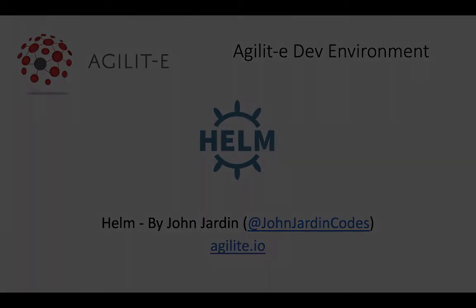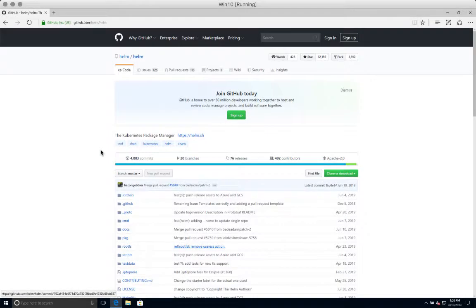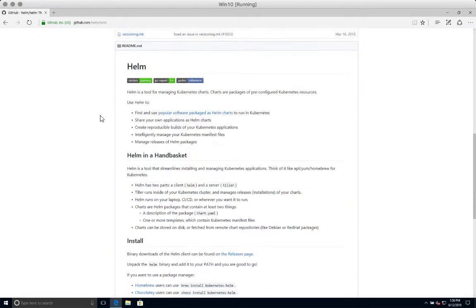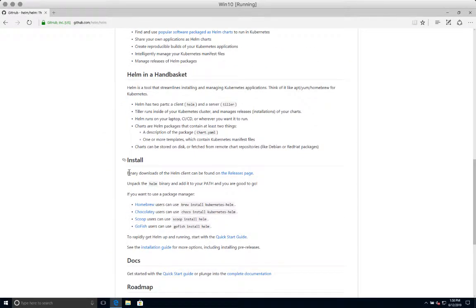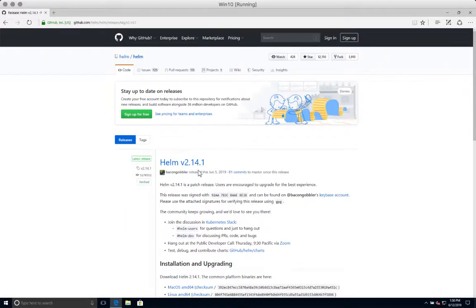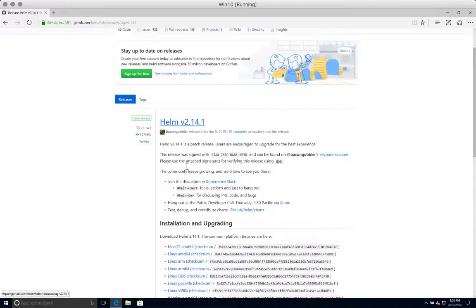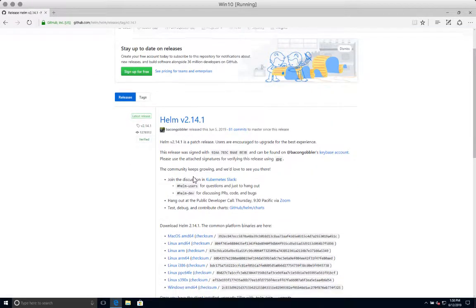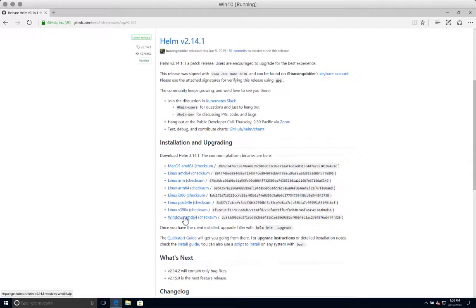So let's get started. Here I have my Windows 10 VM, and I've already opened up my browser to github.com/helm/helm, where you will be able to find the latest release of Helm. Go to the releases page, and from there the latest version at the moment is 2.14.1, and I'm just going to click on the Windows AMD 64. I've actually done this already, and what it does is it just downloads a zip